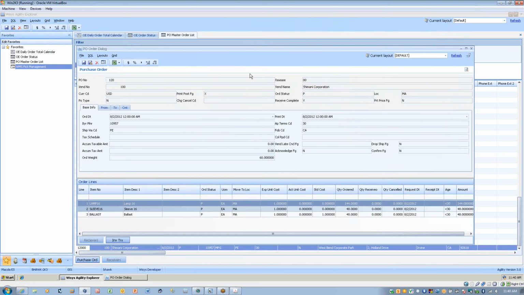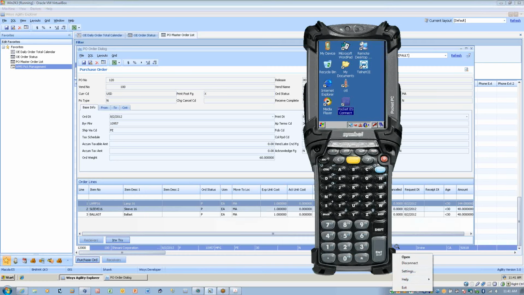So again, if I'm inquiring as to what's on that PO, I have these three items. Now sitting right here, I can just refresh this screen anytime and get this up-to-date information. So quantity ordered and quantity received are right here. Where receiving happens is out on the floor. So what I'm going to do is grab my physical gun